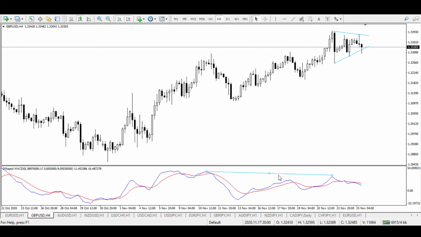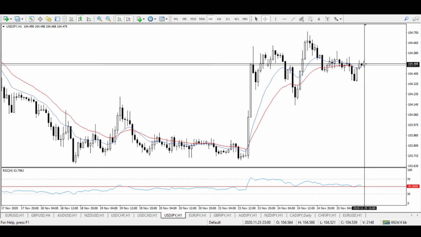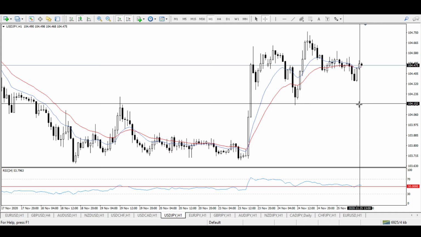Now let's move to USD JPY, where I'll talk about how I'm trading USD JPY. As I said in the last video, CHF, Japanese yen, and pound are relatively weaker currencies, so I decided to trade pound and Japanese yen against US dollar. So I have already sold pound and I have bought USD versus JPY here, and the reason behind this is